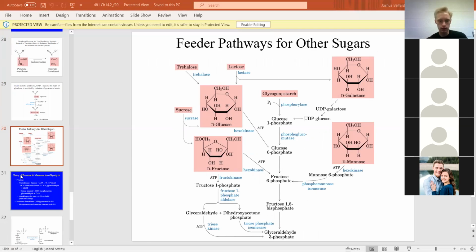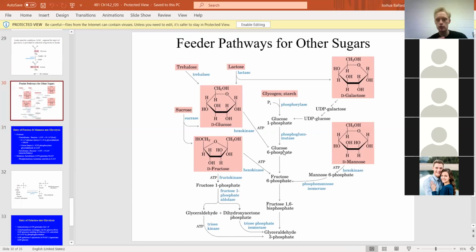Just moving on to the next slide, which covers the feeder pathways: steps and intermediates in the individual fructose paths, and intermediates of glycolysis formed from other sugars. So this is a good diagram describing the different feeder pathways from the different sugars. Since ultimately our diet consists of sucrose, lactose, and all these different sugars, this describes how these reactions play into glycolysis. In the case of fructose, fructose is perhaps the most complicated one